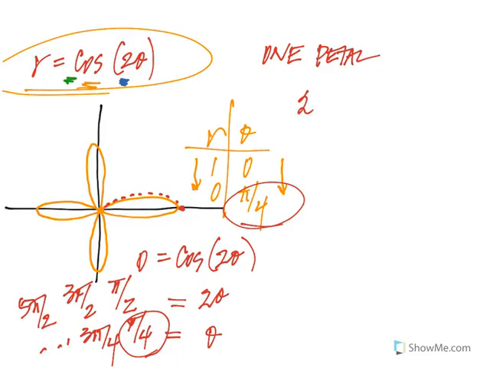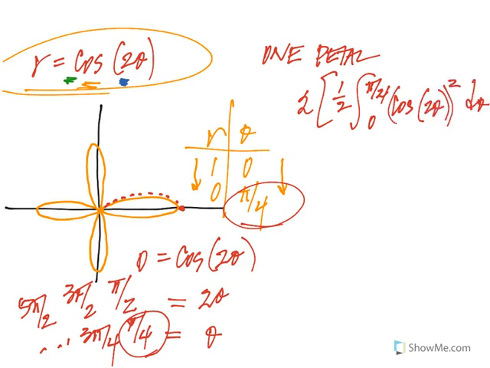So I'm going to double it. I'm going to use symmetry. I'm going to take this times 1/2 the integral from 0 to pi over 4 of the cosine, rather, of 2 theta, quantity squared d theta. All right, those cancel. And just a little review from back earlier in the chapter, cosine squared of 2 theta,